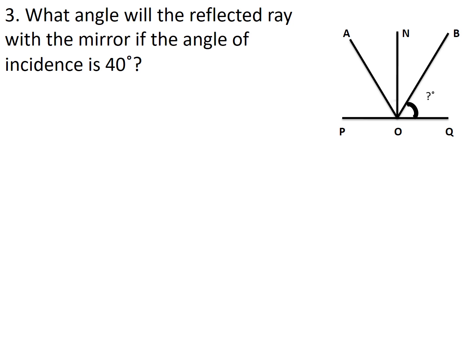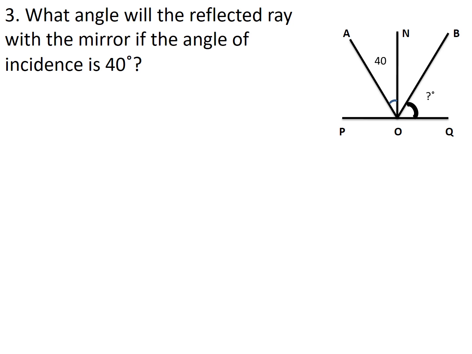Okay, and what is given? Angle of incidence. The angle of incidence automatically will be the angle that's made with the normal by the incident ray. So my incident ray is A, it's making an angle with the normal, that will be my angle of incidence. So that is shown to be 40. Okay. So what am I supposed to find? I'm supposed to find what angle my reflected ray is making with the mirror. They are only telling me about the angle of incidence.